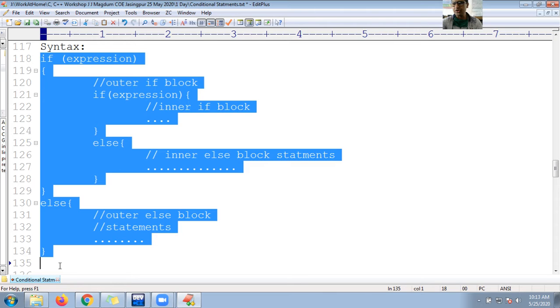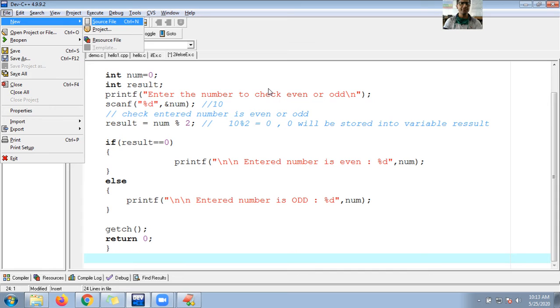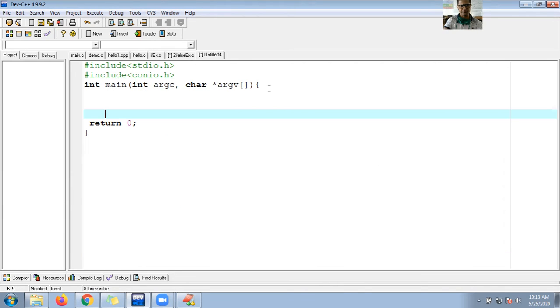Let me copy this code as it is to avoid wasting time. So Alt F, new source file. Closing curly brace. So return 0, because my main function return type is integer. So let me use getch, to get the character. I want to make it pause for a while.